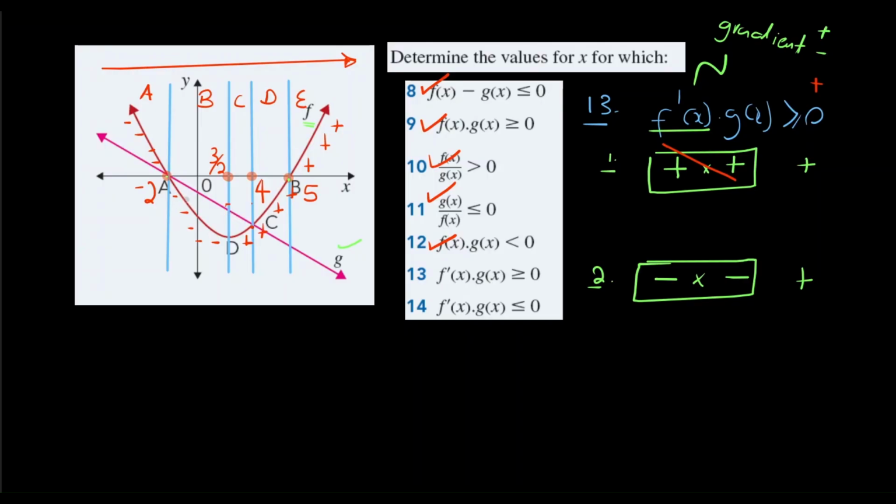So it's only this section that we'll be interested in, where the two graphs are satisfying scenario 2, where the graph of f is decreasing and the graph of g is below the x-axis. But remember, it's only decreasing up until the value of 3/2, so it only ends there. So we're only interested in area B. How do we represent area B? Area B is x is greater than -2 and x is less than